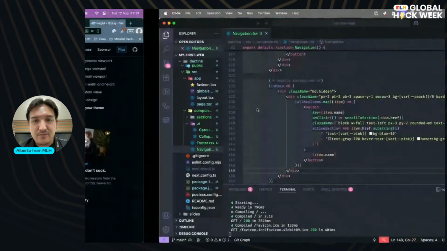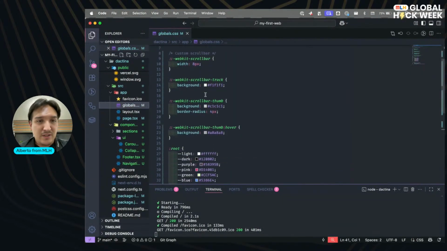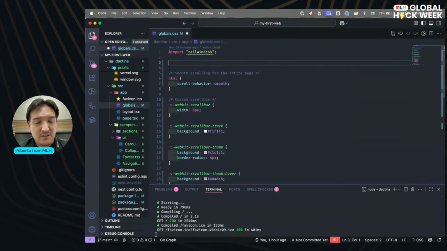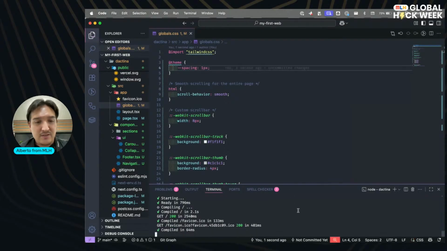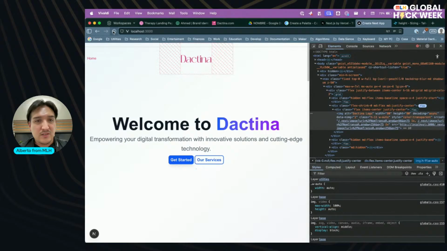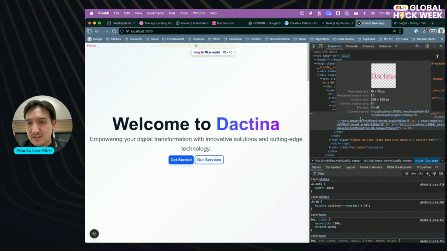Okay, interesting, because here we need to say something like this: spacing. We need to run it again and refresh. Okay, yeah, and the spacing now is nothing, right?